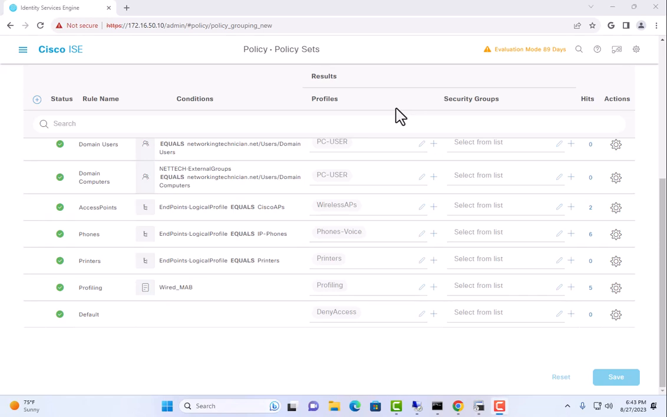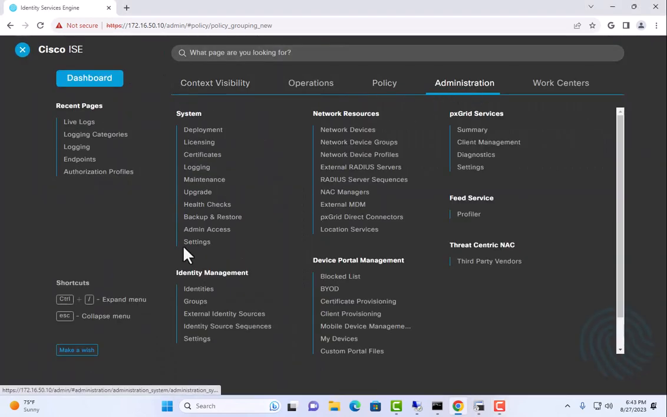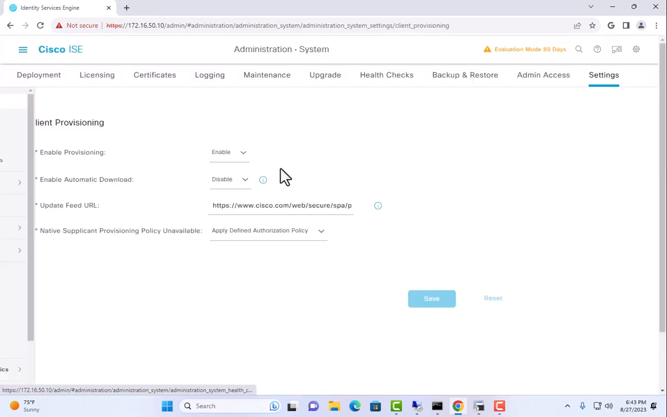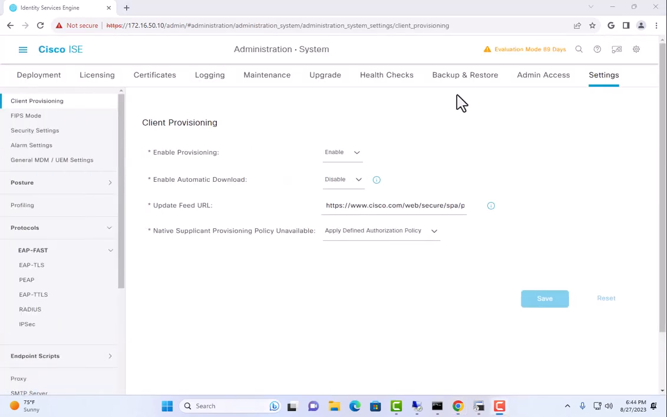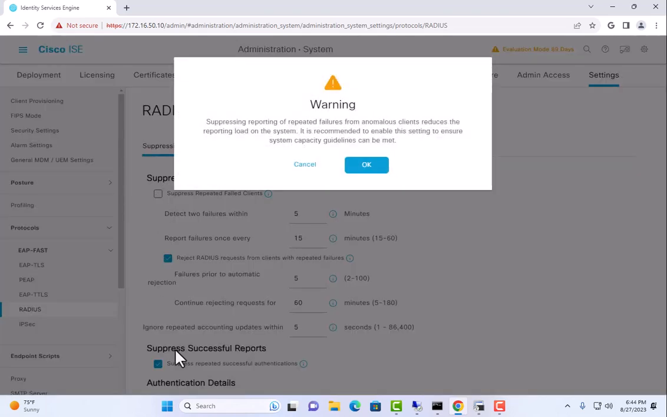So now we get into the fun part, seeing if any of what we've done works. If I go to Administration and Settings, underneath the Protocols and Radius, there are options here to suppress repeated failed clients, reject radius requests from clients with repeated failures, and suppress repeated successful authentications. When I'm doing testing, I like to shut these off